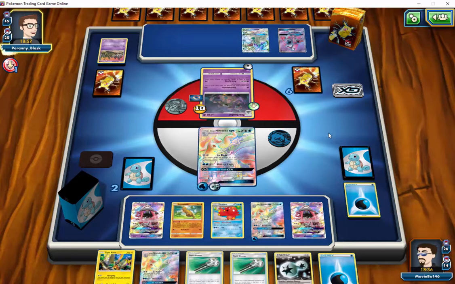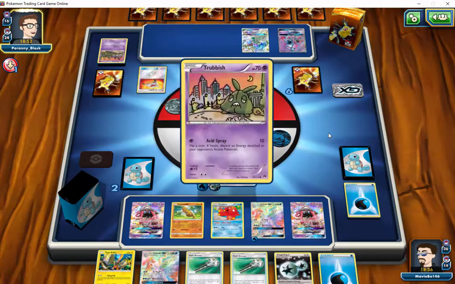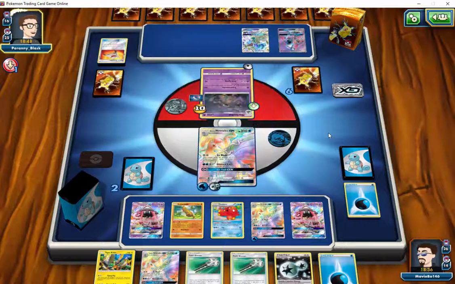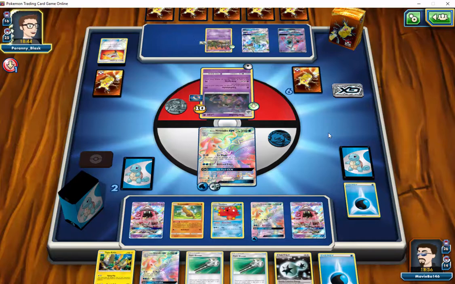Okay. So we will be able to take a KO on this Garbodor by attaching a water energy to it. And then we see Trubbish come up with the Float Stone. Okay. So here we definitely